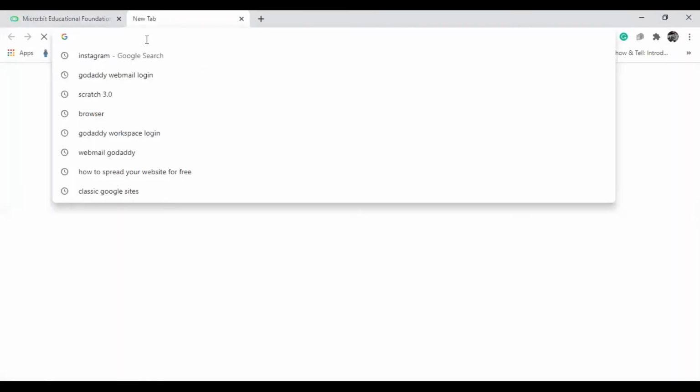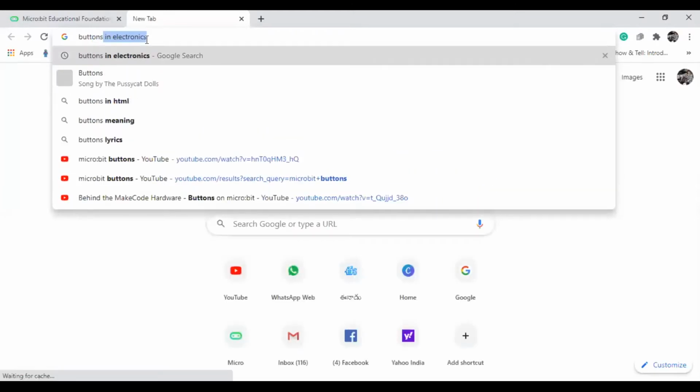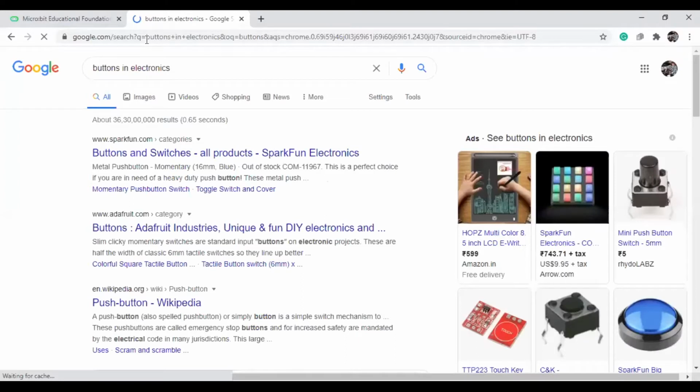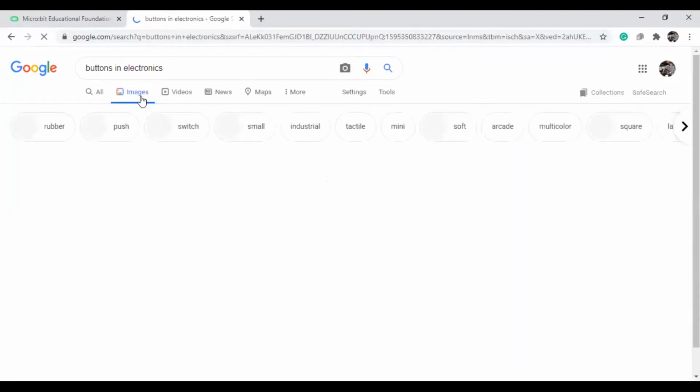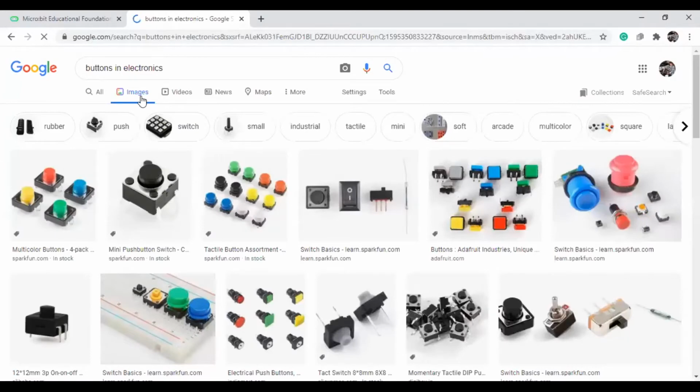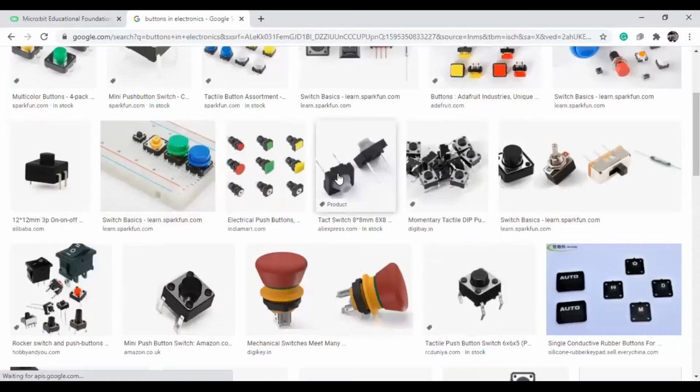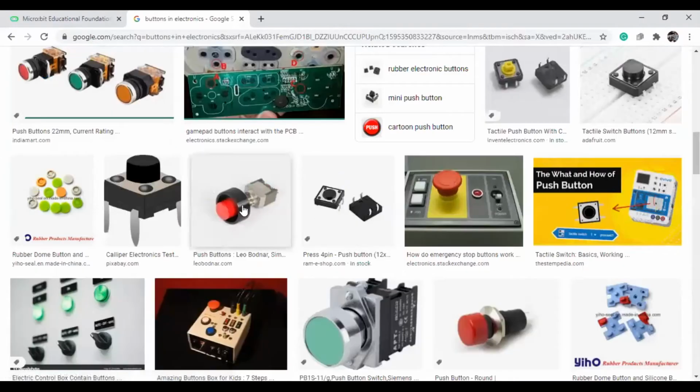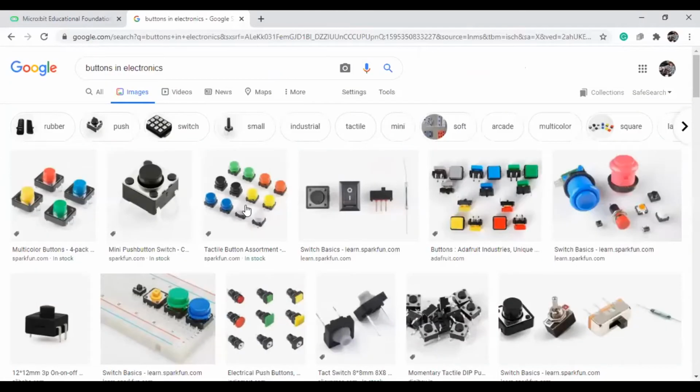If you see the buttons on our shirt, they are different. What do they do? They combine two things: one left-hand side and one right-hand side of the cloth, and they combine them. In the same way in electronics, buttons are just making a joint or closing a switch. Suppose you see here, these are the buttons. What they will do is close the circuit.